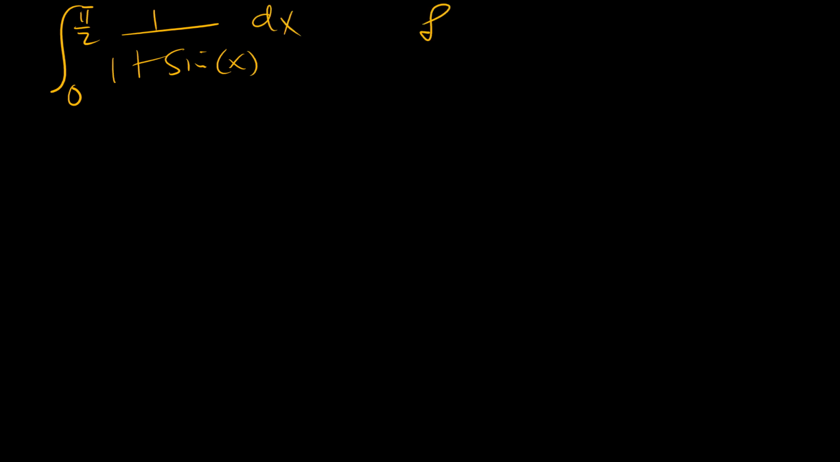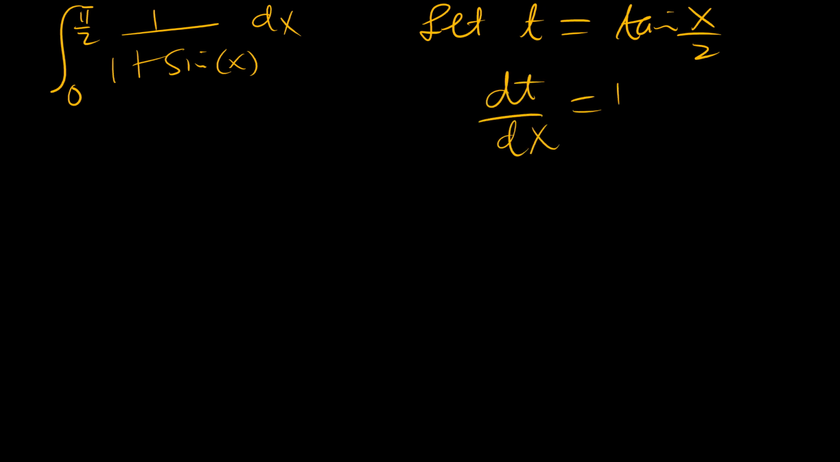Is the definite integral from x equals 0 to x equals pi over 2 of 1 over 1 plus sine x. Right? So the rule of thumb for such problems is substitution, and we do say let t be equal to tan x over 2, such that dt/dx is equal to a half sec squared x over 2, such that